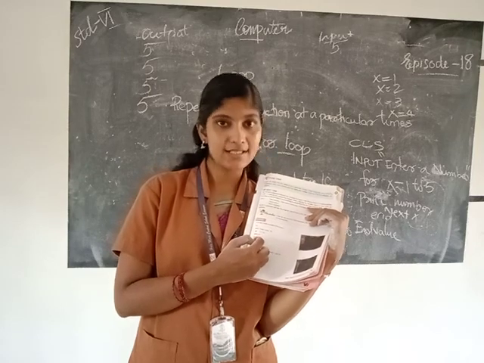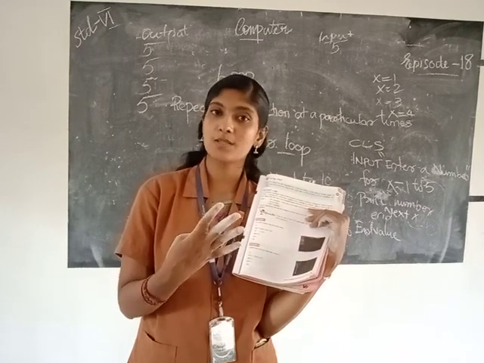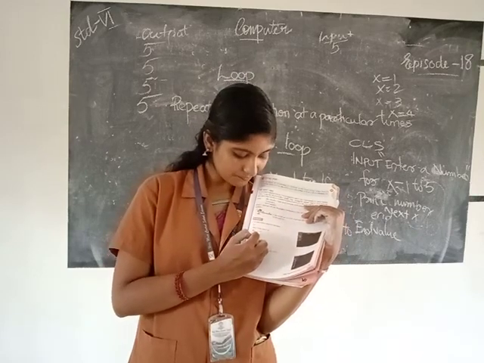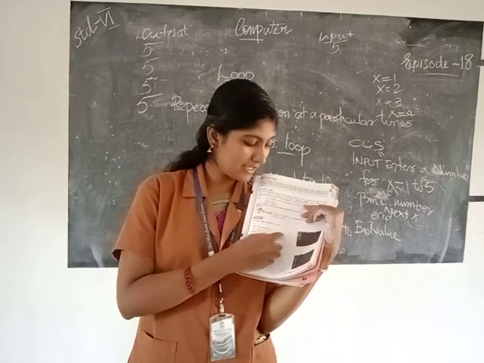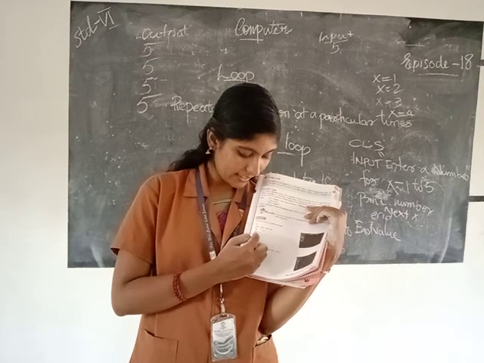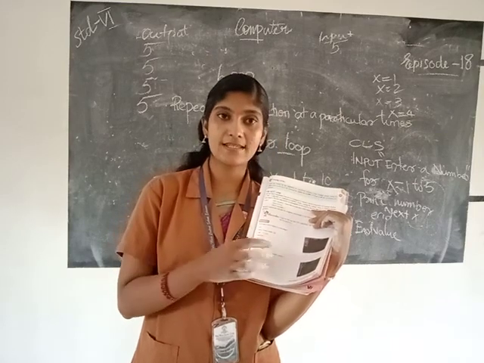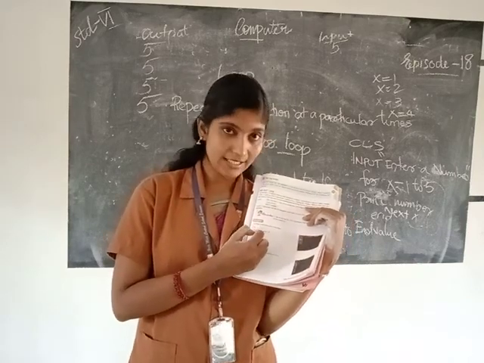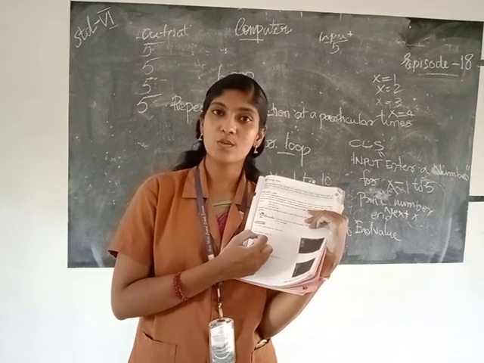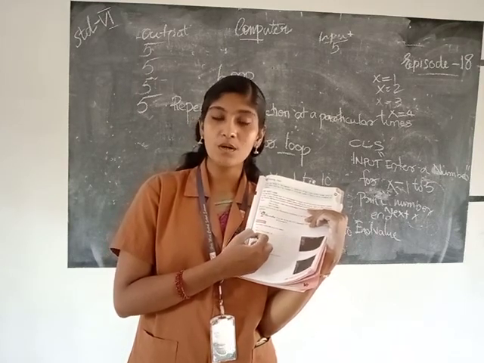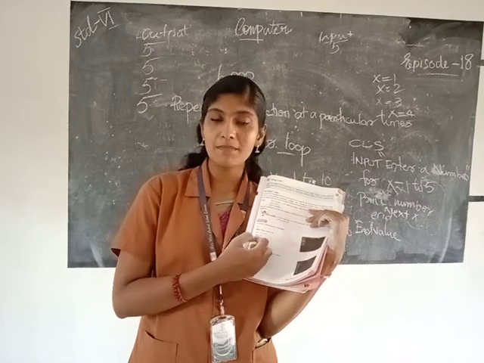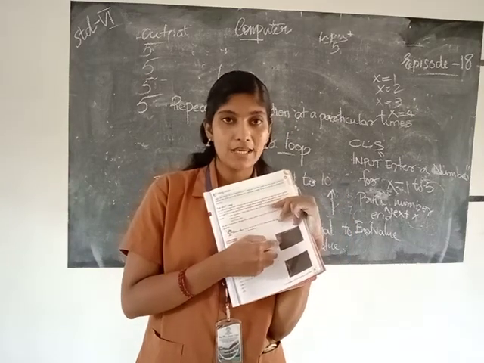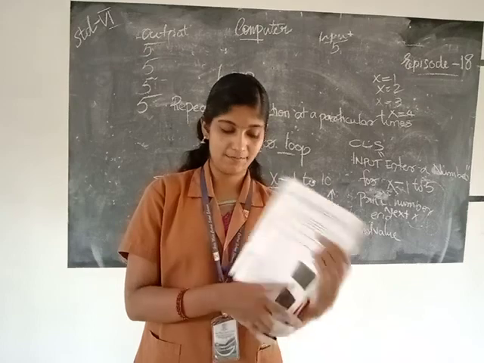And then next x, increment the value of x by 1. So now the x value is 5. That is x equal to 5, print A. Print A means print Ishi. So the fifth time printing Ishi, and then next x means increment the value of x by 1. Now the value of x is 6. So here the condition is wrong, that means x equal to 1 to 5, not 1 to 6. If the condition is false, then the program exits from the loop and ends. So finally the name Ishi will be printed 5 times.